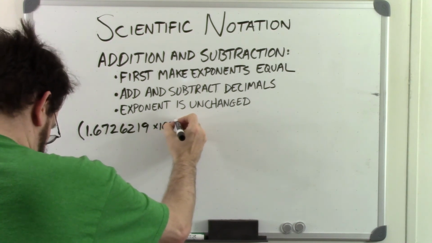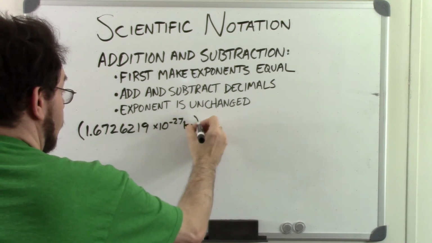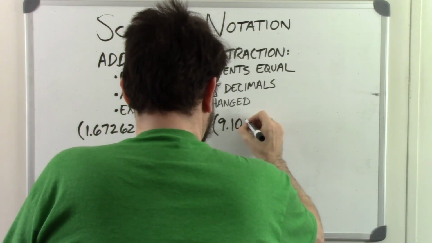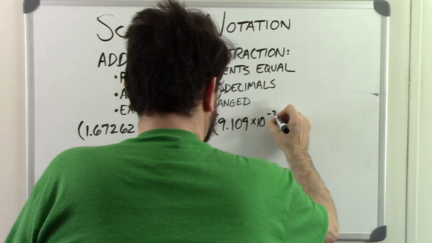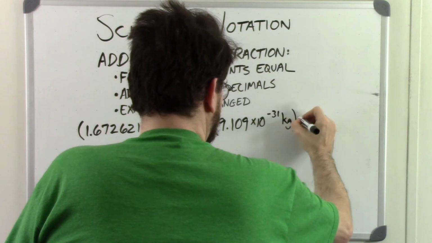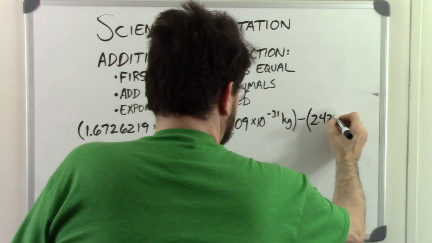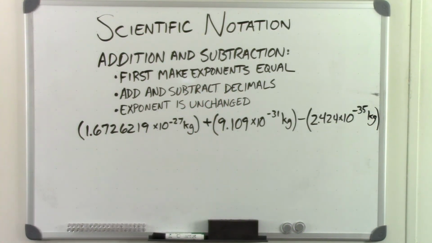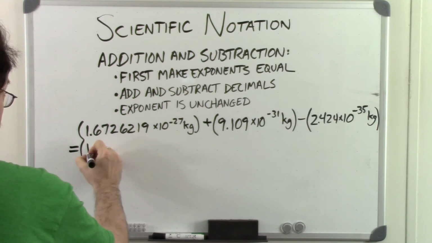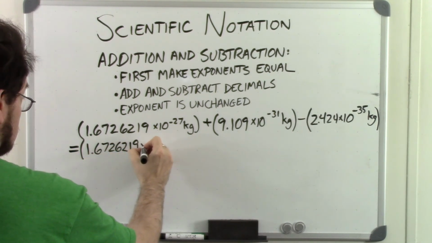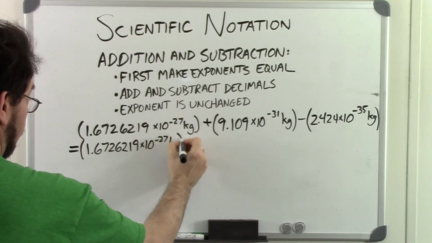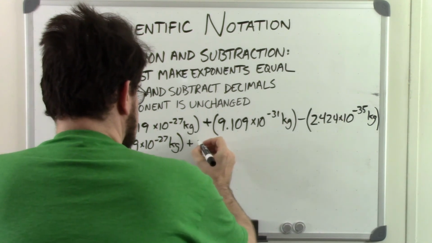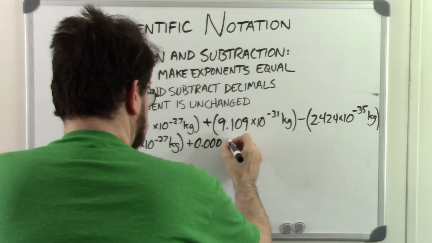So we have proton mass plus electron mass minus binding energy equals 1.6726219 times 10 to the minus 27 kilograms plus 9.109 times 10 to the minus 31 kilograms minus 2.424 times 10 to the minus 35 kilograms. We have to make all the exponents equal before we can add or subtract. So we move the decimal point 4 places to the left in the electron's mass and 8 places to the left in the binding energy to make all the exponents equal to negative 27, which gives us